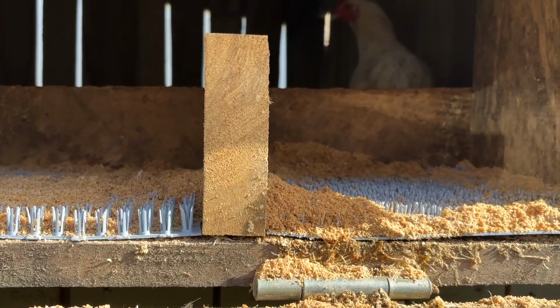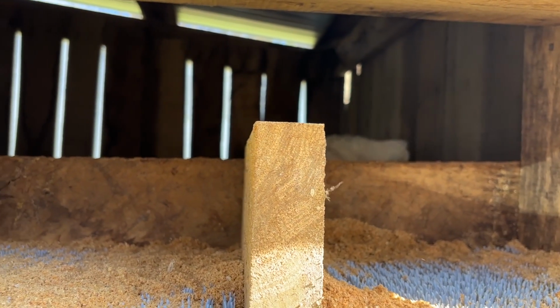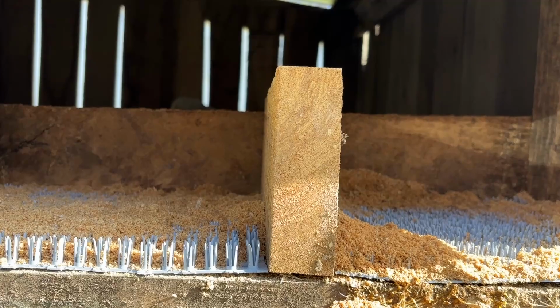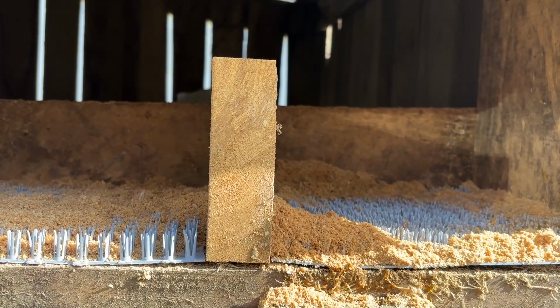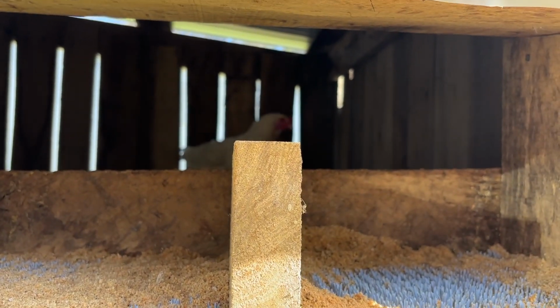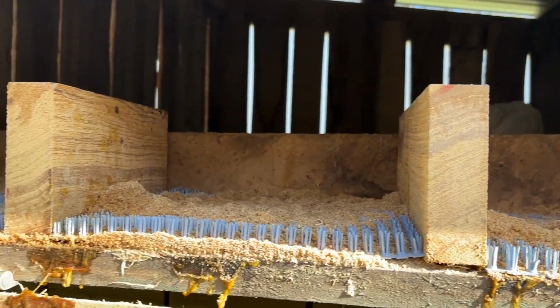This really freaking sucks. I think you have to kill them, don't you? I don't know. I have to research it. I don't really know what to do. Because as soon as somebody lays an egg, she's going to probably come here and eat it. This is just...